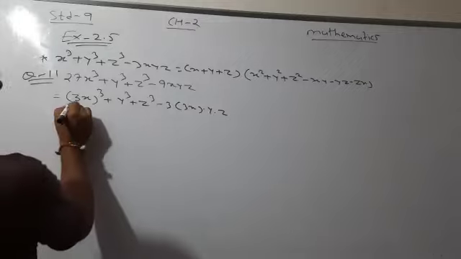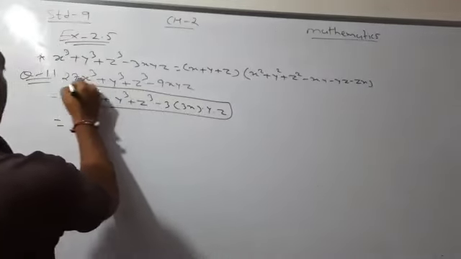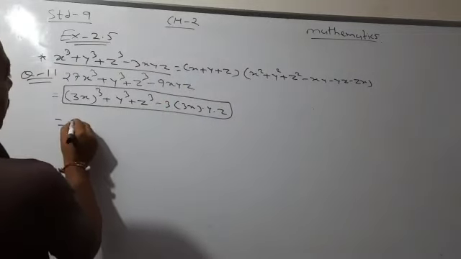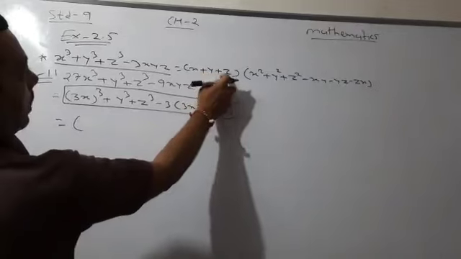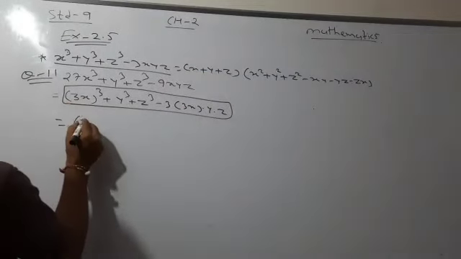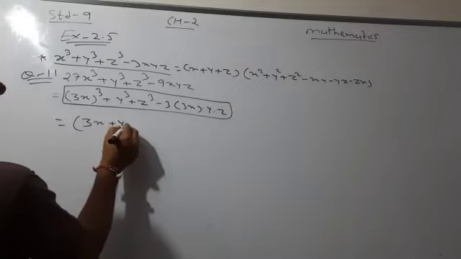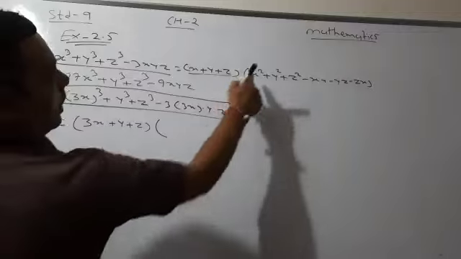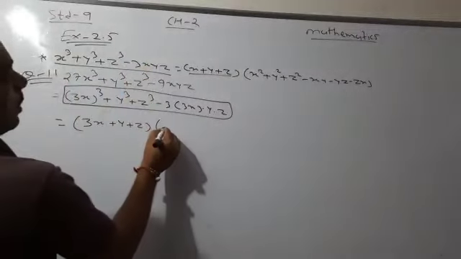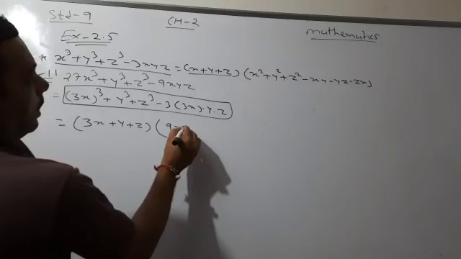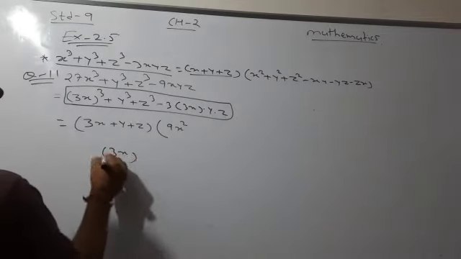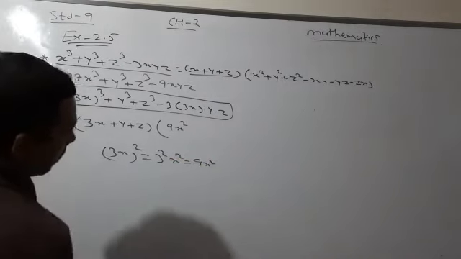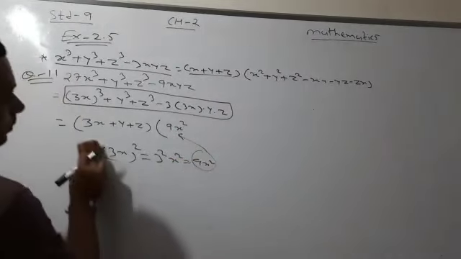We can compare this form with our formula. So what can we write for this? We can write simply x plus y plus z. Here x is 3x. So the answer is 3x plus y plus z. So the first bracket is over. Now another bracket contains x square, that is 3x square. I will directly write 3x square, that is 9x square. See, 3x square, so it is 3 square x square, so it is 9x square, right? So I wrote the same here, 9x square.